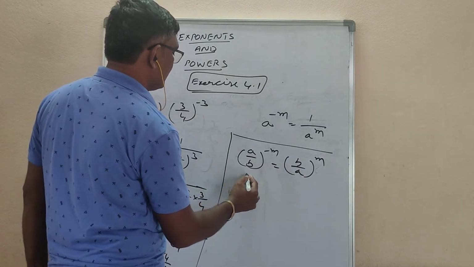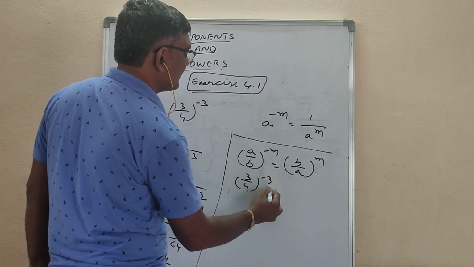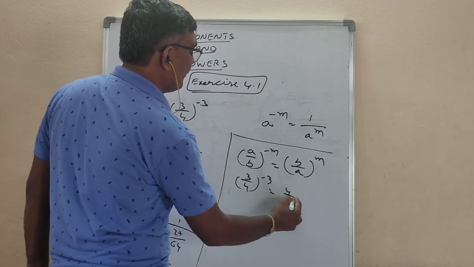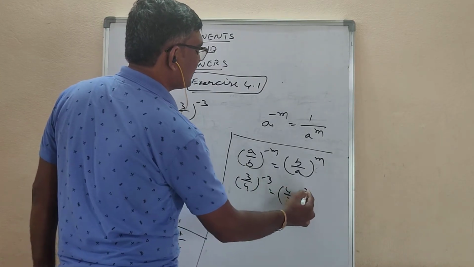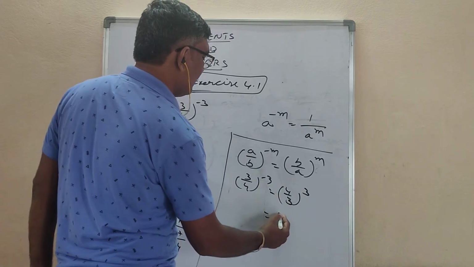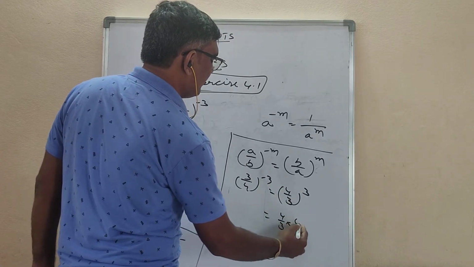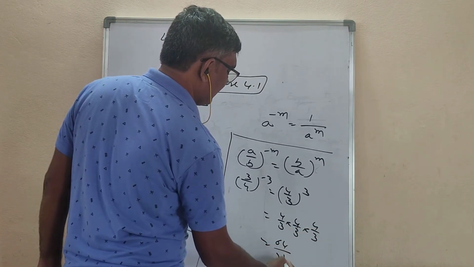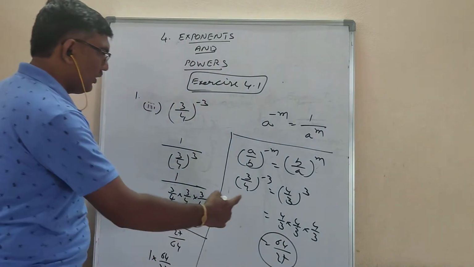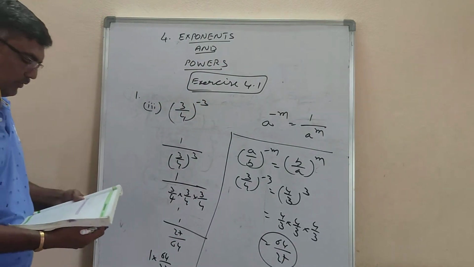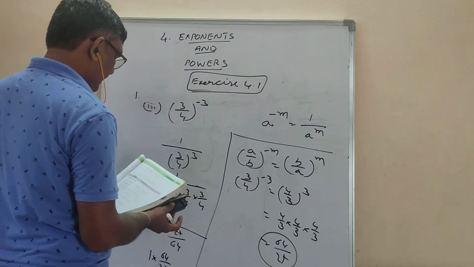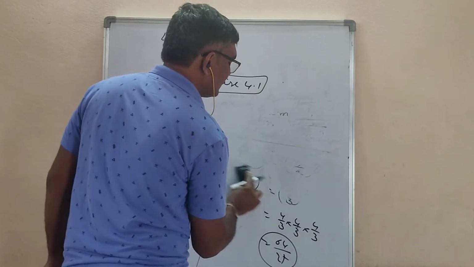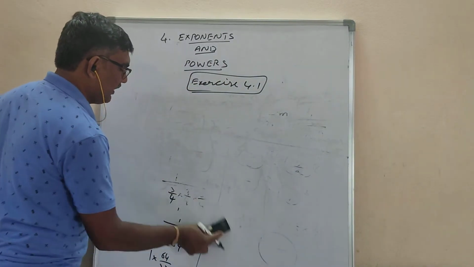See it. So you have the question as 3 by 4 whole power minus 3. If you apply this, 3 by 4 should be reversed: 4 by 3, and you have to remove the minus 3. Now 4 by 3 into 4 by 3 into 4 by 3. That is 64 by 27. These two are the same. Okay, we can do in this method. Next, you can do the second question. Now we will go with the second question here. What is the second question? See it.